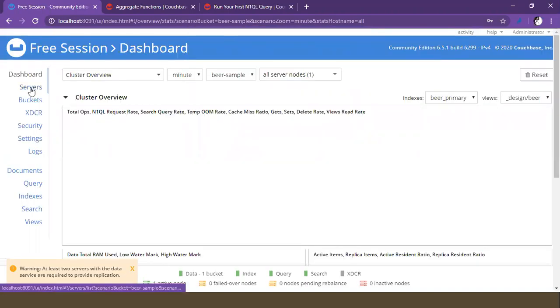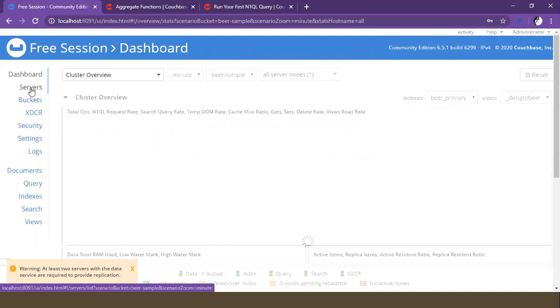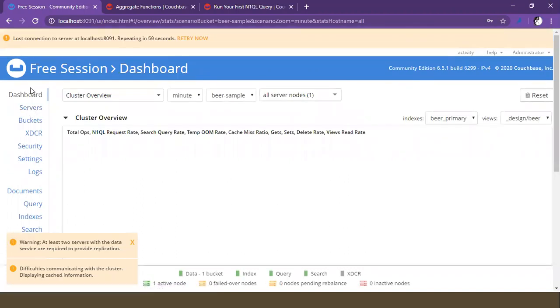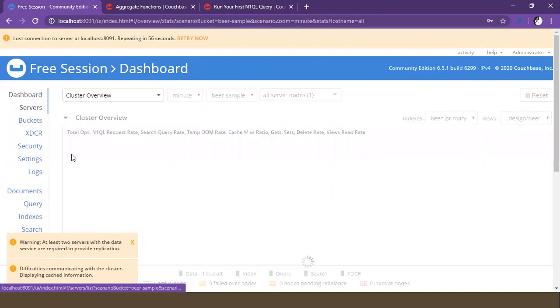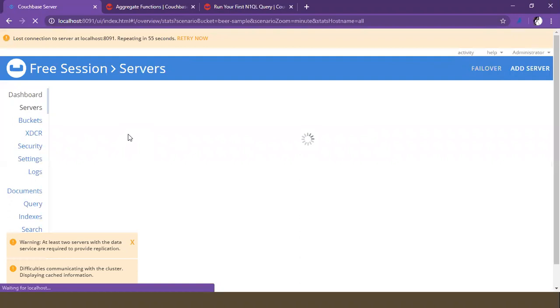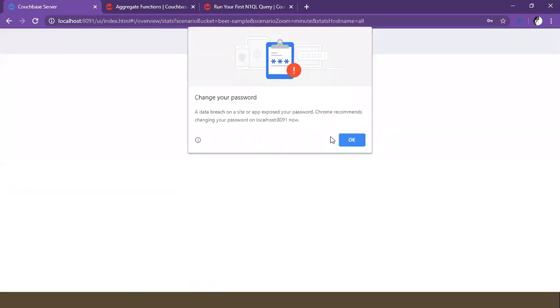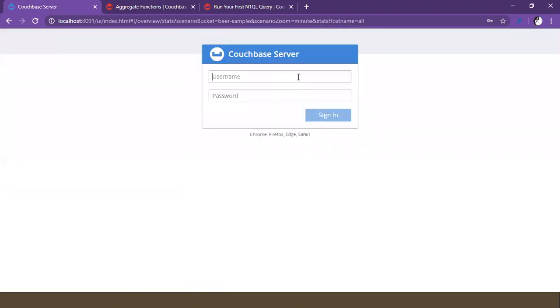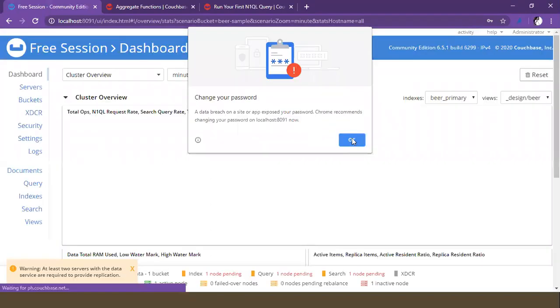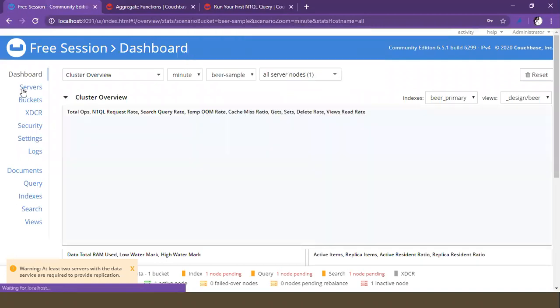Okay, and when it comes to the server, as we already know, I have installed it on my localhost.